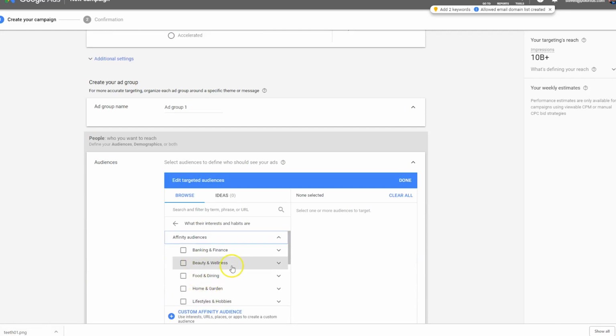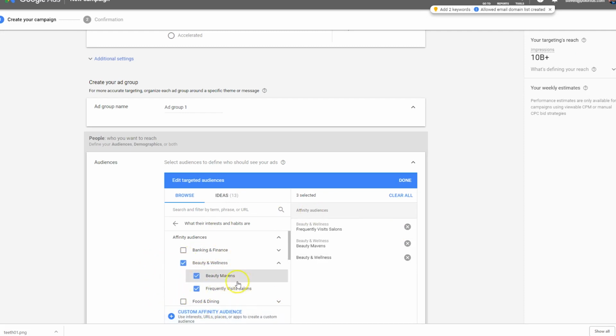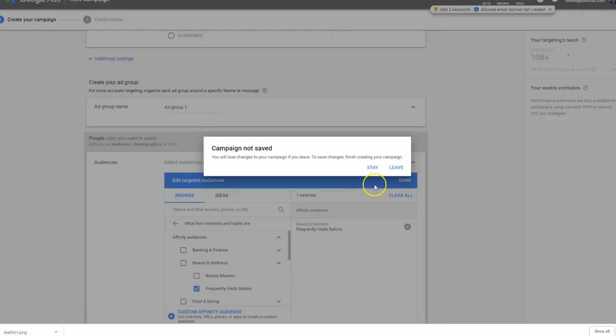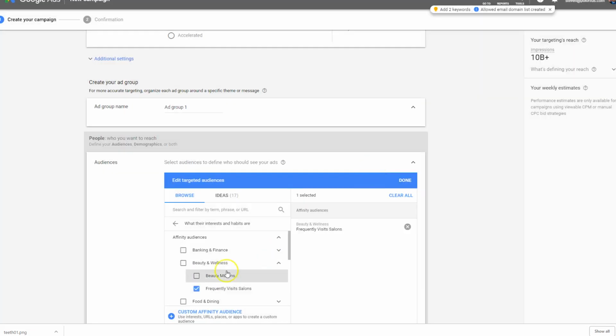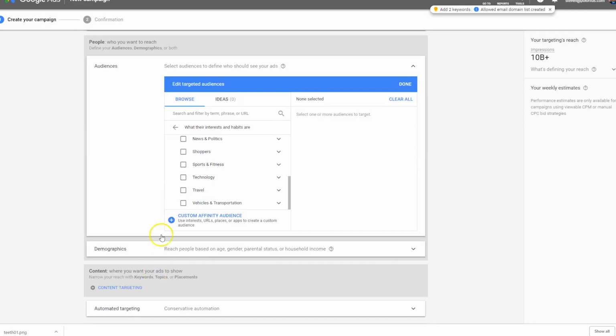And let's theorize that maybe people interested in beauty and wellness would be more likely to click on this ad. And we could always do another campaign later, or just choose one ad group within this campaign that focuses on that target and see if in fact we do get better results that way. But we could do this, okay, and that would basically narrow down the audience a little bit from super broad to less broad. For our purposes, we'll go ahead and keep it as it is without any specific audience restrictions. Demographics,